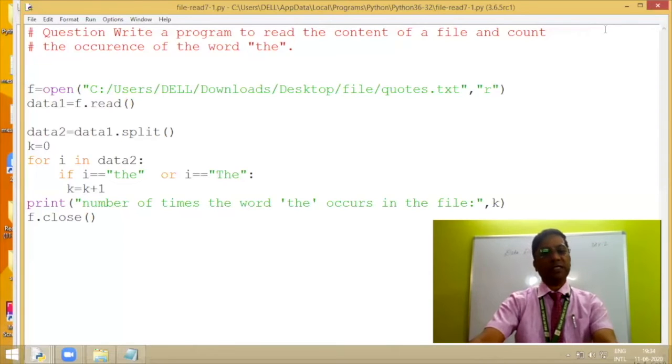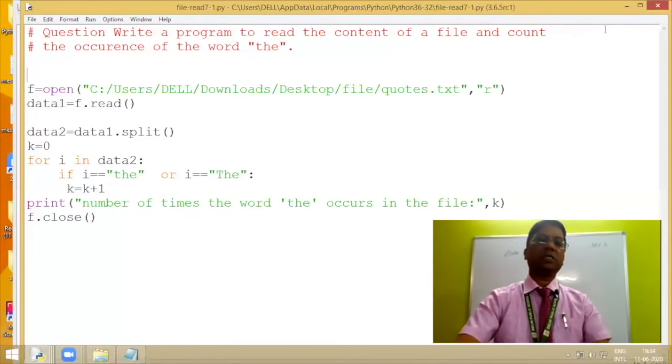If it is matched in any form, then we increase the value of k. This way the loop will be completed, and at the completion of the loop we will get the number of times the word occurs, that is k will be displayed here. Just check it.